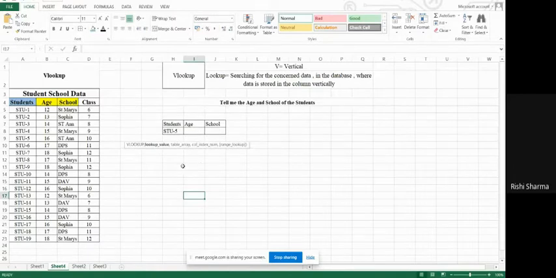Okay. So I have written this. I have taken the screenshot of these VLOOKUP parameters and I have written them over here so that you can understand what this actually means. So let me explain over here. It has four things. The first one is called lookup value. Second is called table array.